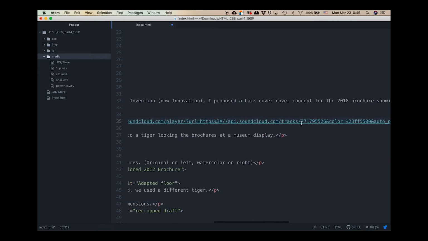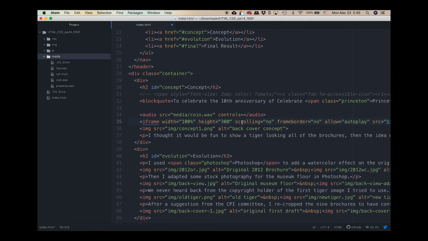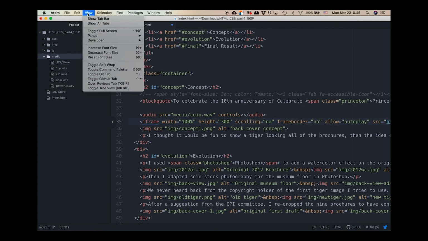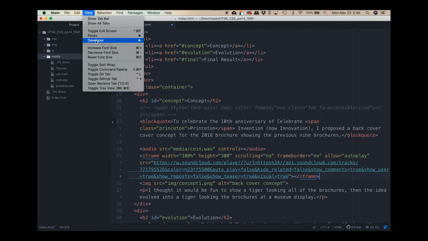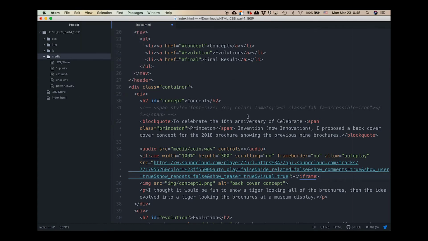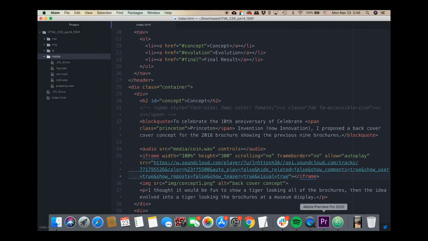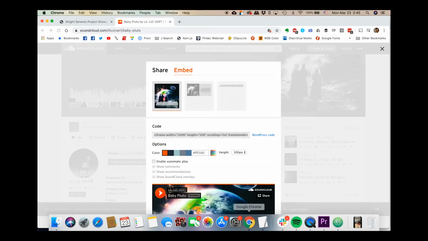So that's the entire iframe here, and if you want to see this all in one screen, go to View, toggle Soft Wrap, and then that'll squeeze it all in for you so you don't have to scroll horizontally. So again, use toggle Soft Wrap to get that to fit all in one screen here. So we save this and then come back to our browser, take a look,